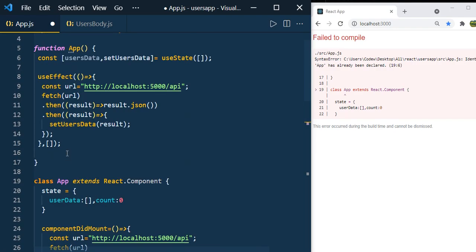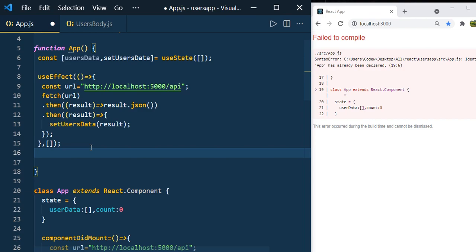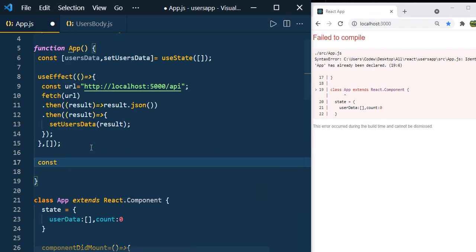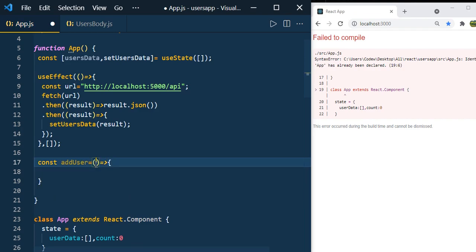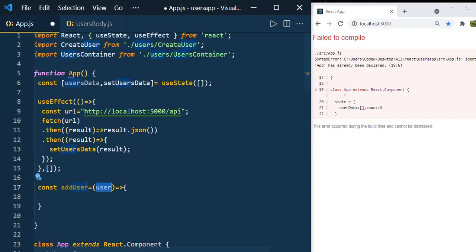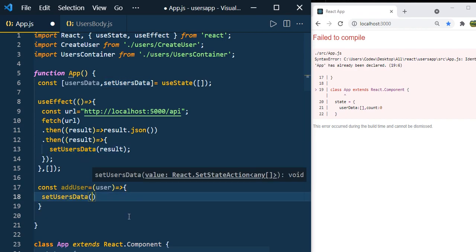Take this addUser function, and inside that, constant, I'm going to write it as an arrow function, and it is going to take the user. Whenever addUser receives the user, it should update the state with the new user. For that, let us update the state using the setUsersData function.